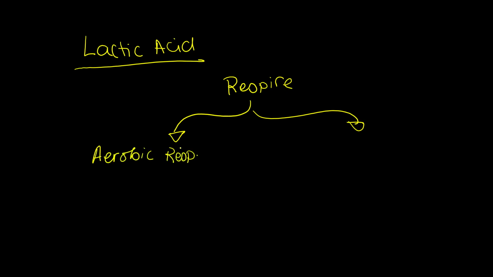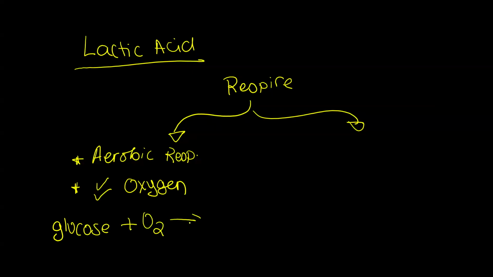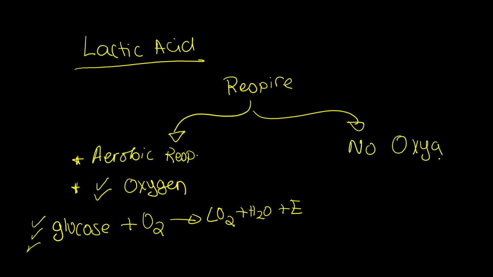respiration. Aerobic respiration, again, before you are confused, this is respiration in the presence of oxygen. What happens is that the glucose will react with oxygen to give me the waste product, carbon dioxide, and water, and energy. I hope you know this reaction by now. And all living organisms respire. Sometimes your body will respire with no oxygen. And this is not very common. This is rare, but it happens.